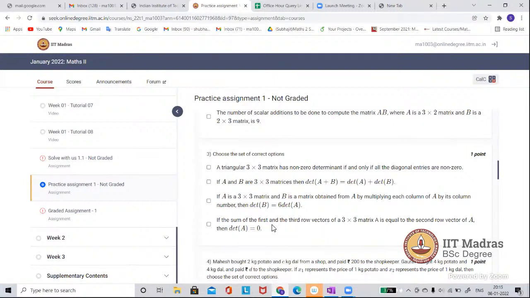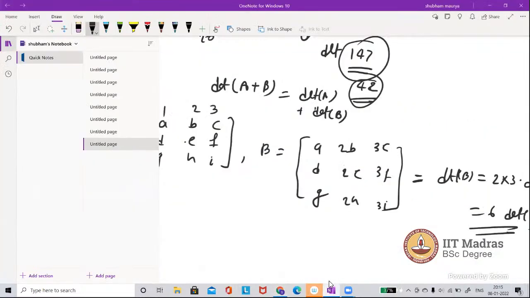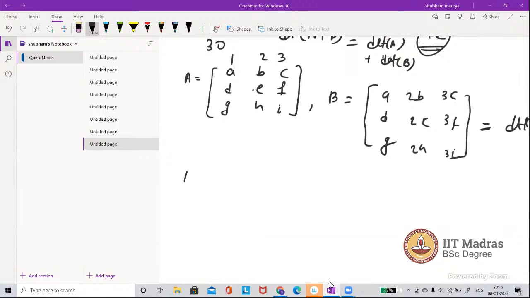Now the fourth option is: if the sum of the first and third row vectors of a 3x3 matrix A is equal to the second row vector of A, then the determinant of A equals 0. So you know that if this is the matrix, and if we multiply the second row, or maybe in the general case I'm saying,